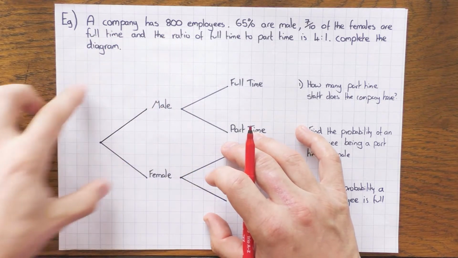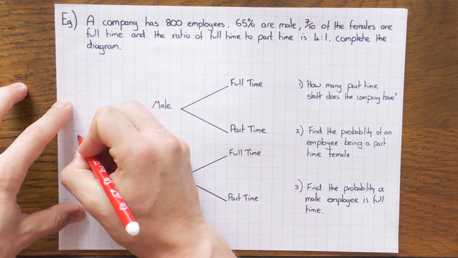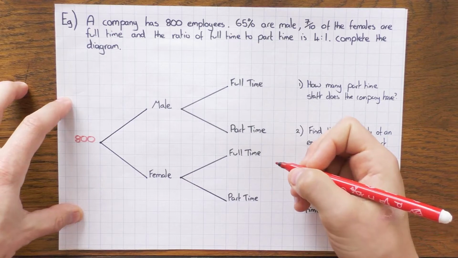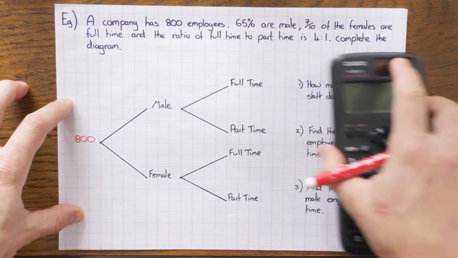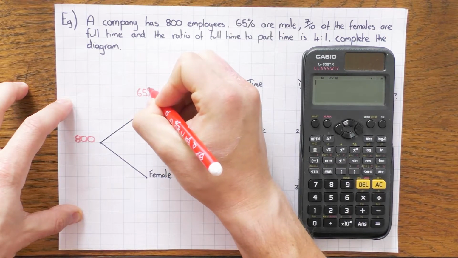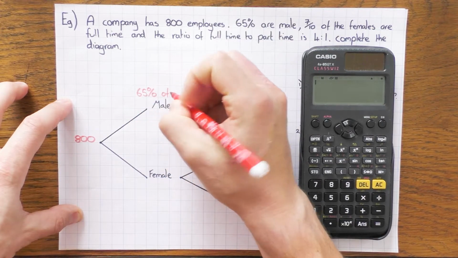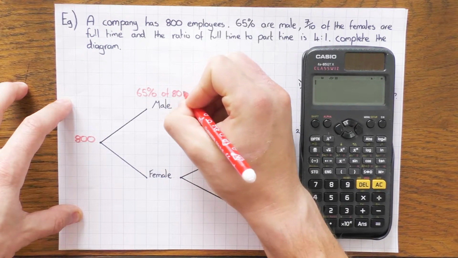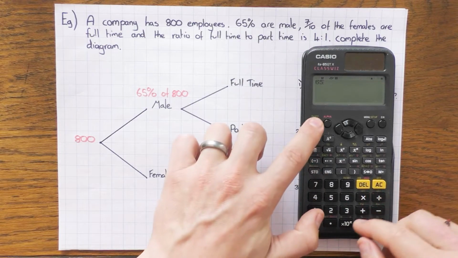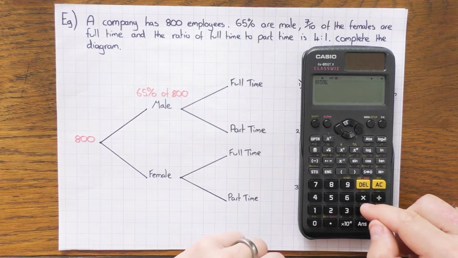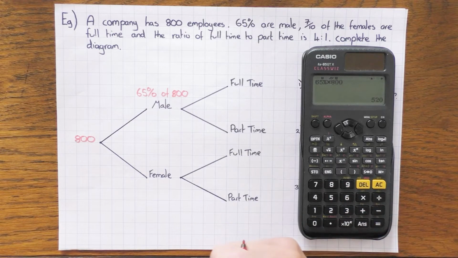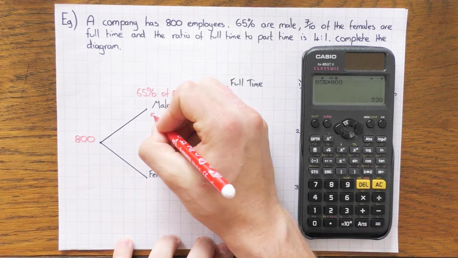So a company has 800 employees, so that's cool. We can fill that in because that's the total. 65% are male, so all we need to do is find 65% of 800. Now obviously if this was a non-calculator, you'd do that in the normal way. Check out my video for finding percentages of amounts, but I'm just going to cheat and very quickly use a calculator to find out that's